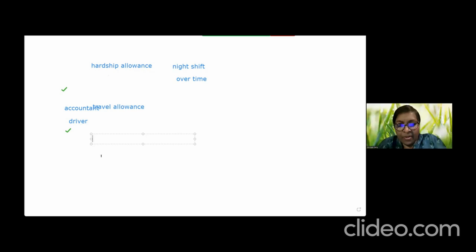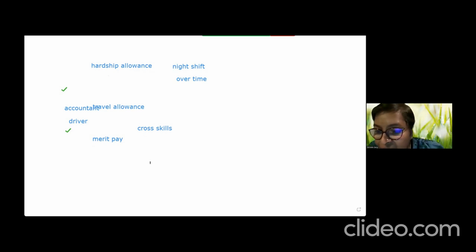Right. Okay. Now, next comes the variable pay. We also talk about merit pay. Merit pay is of two kinds. One is for cross skills. In fact, in today's times, there's a lot of work going on for this. Somebody was talking about skills. Say, for example, you are recruiting in an automobile organization. Say Volkswagen does this. A fitter.